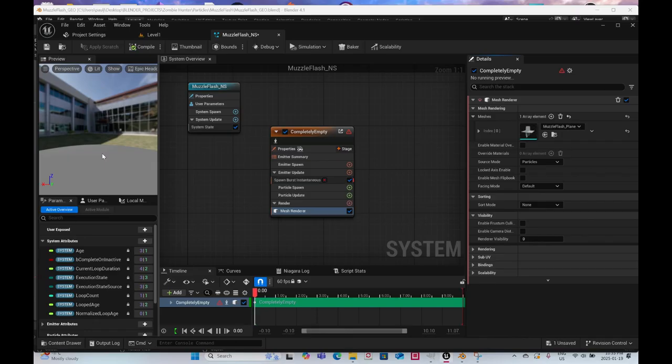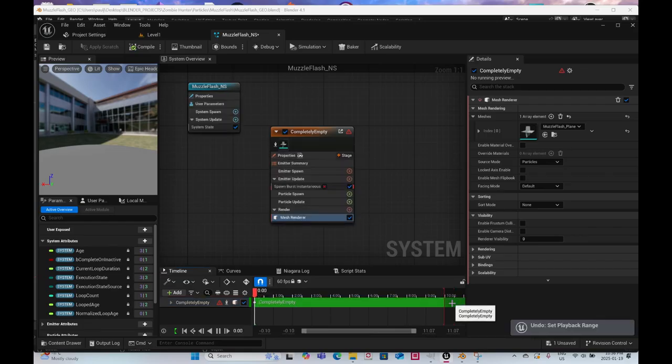Muzzle flash plane. Right now, I don't know why. Okay,